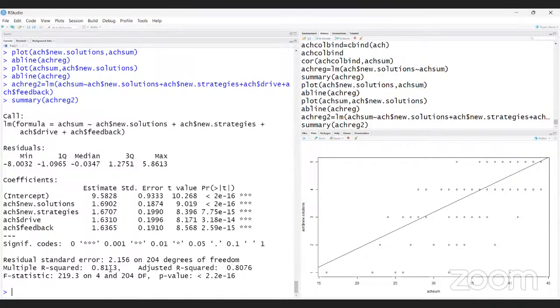Next, I am writing H tab equal to chi square dot test. After that, H dollar new strategies.